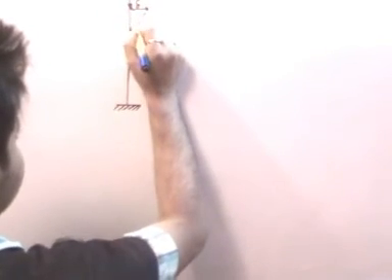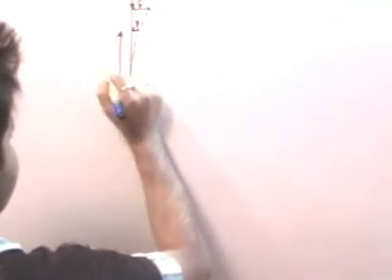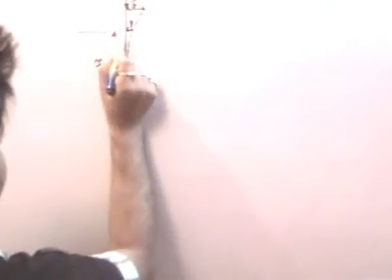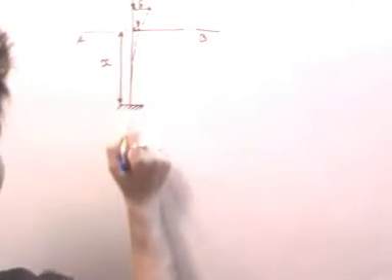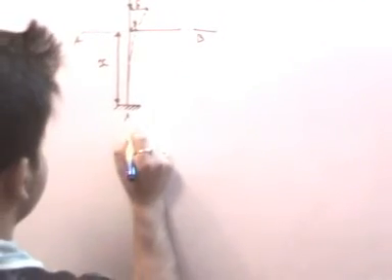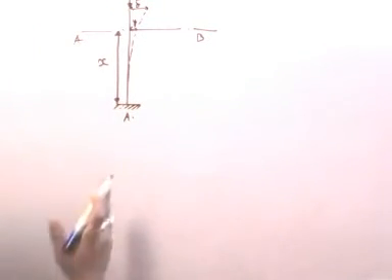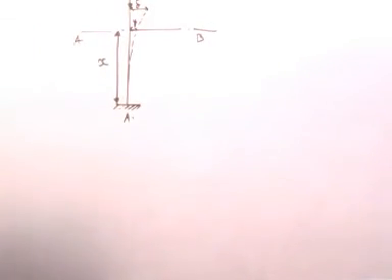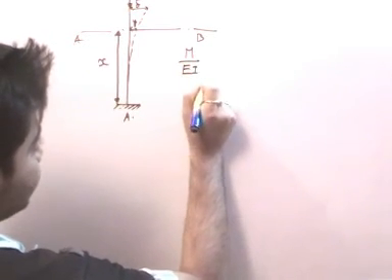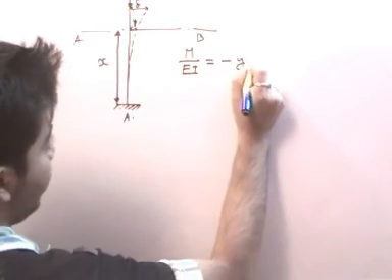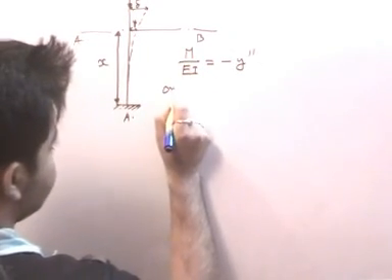Now this is y, and it is at a distance x from the point A. If I have to find the equation of this elastic deflected curve, then my differential equation is ready: M by EI is equal to minus y double dash. Now what is M? M is nothing but equal to